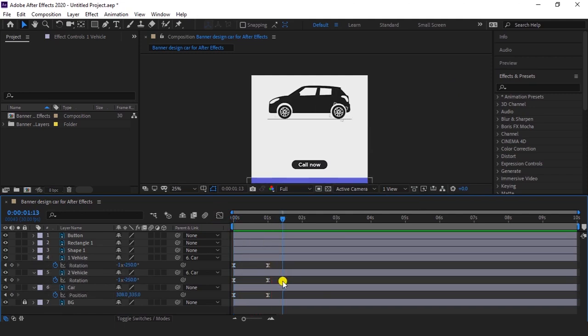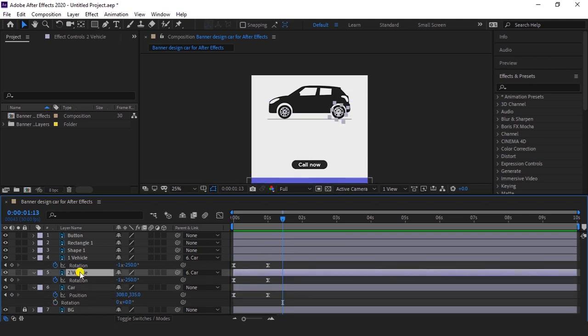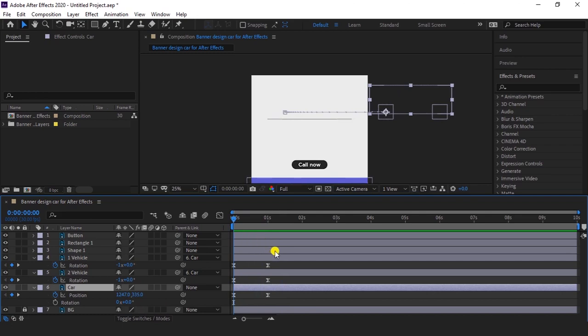so now we have to animate our car body more. Choose your car and press R on your car layer. These are our vehicle layers. Don't select these, select your car layer. Now again play your animation and stop here.